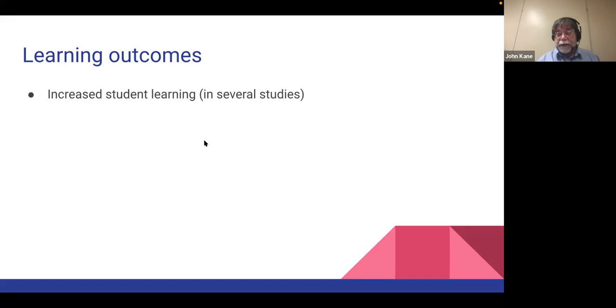There have been lots of studies that have assessed the impact of personalized and adaptive learning systems. In many studies, they found significant increases in student learning. But what's perhaps even more important is, while these approaches tend to benefit all students, the benefits tend to be the largest for students that are first-gen students and low-income students, as well as students from minoritized groups.